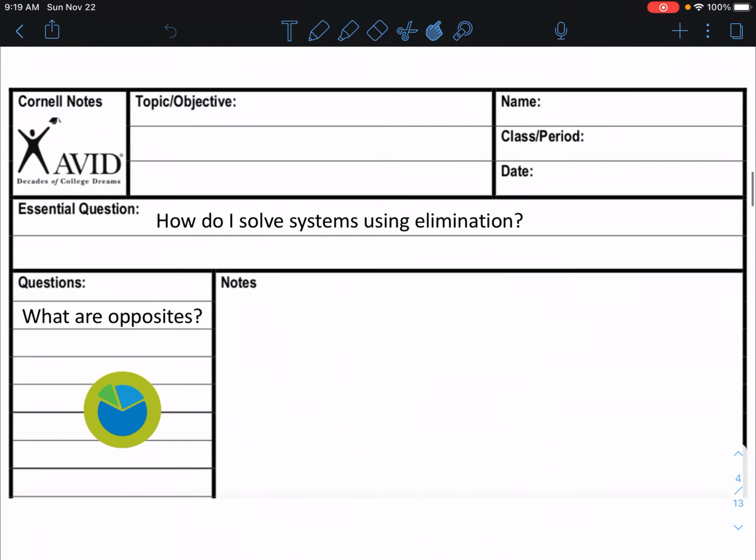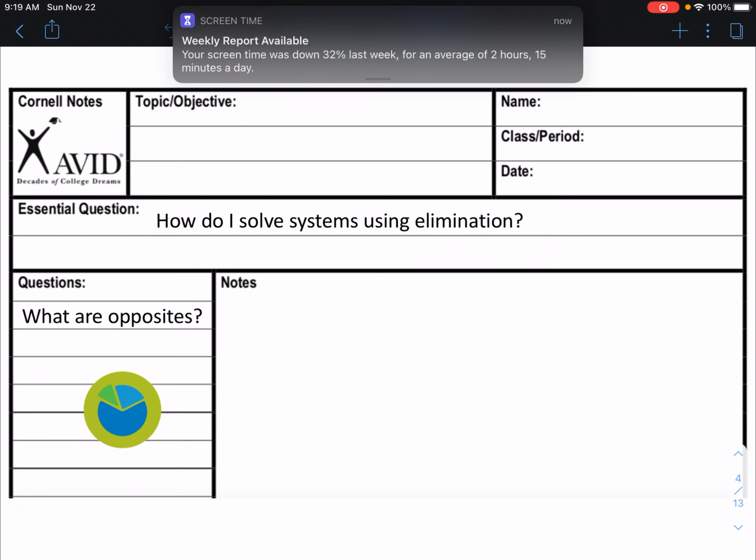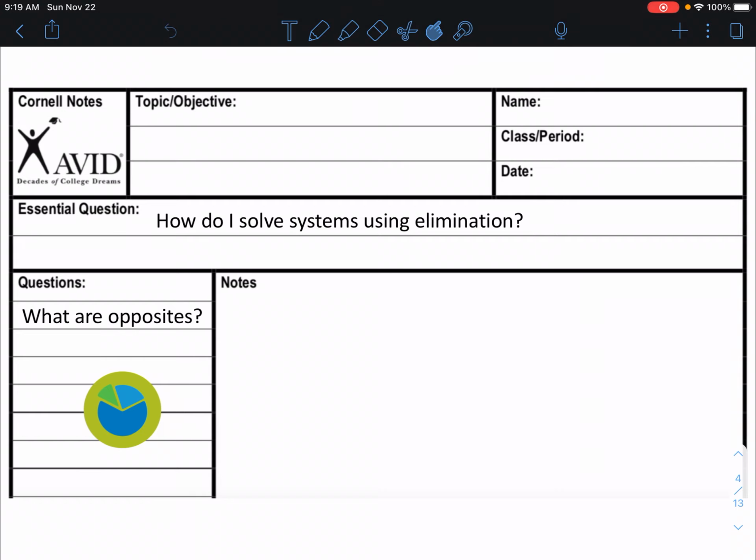Okay. So our essential question: how do I solve systems by using elimination? Before we do that, let's review a little bit about what opposites are. In math, we call those additive inverses if we're adding. You can have multiplicative inverses. We're going to talk about additive inverses. So if I'm thinking of